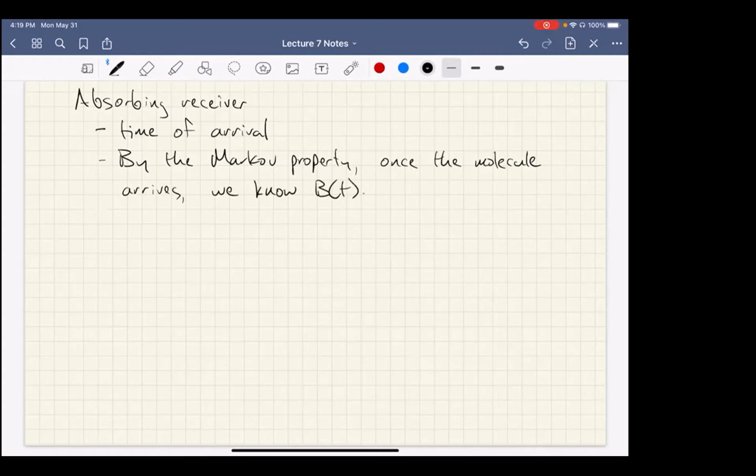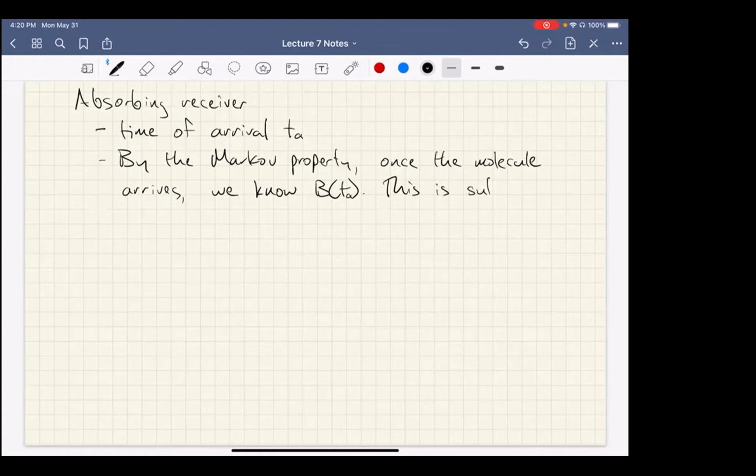So in other words, we know where the boundary is. Actually, let's call this time of arrival TA. So we know B of TA, we know where the boundary is, we know that it arrived at time TA, so we know its exact position at time TA. So therefore, by the Markov property, this is sufficient